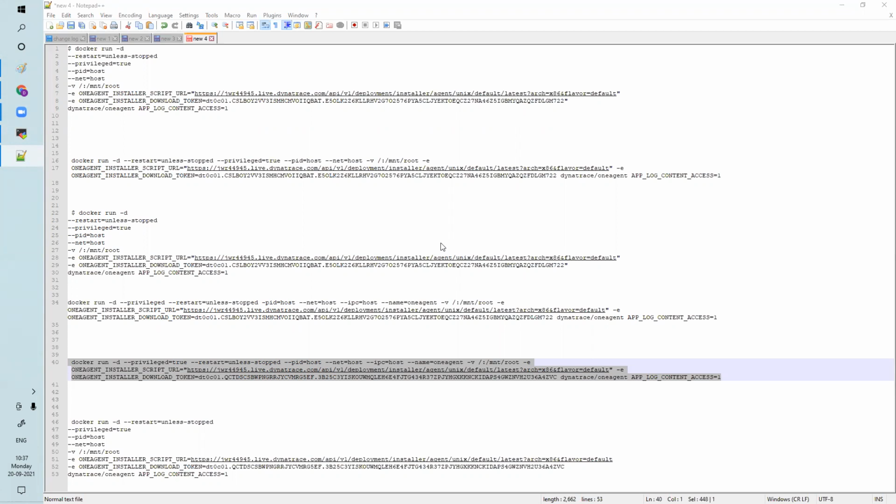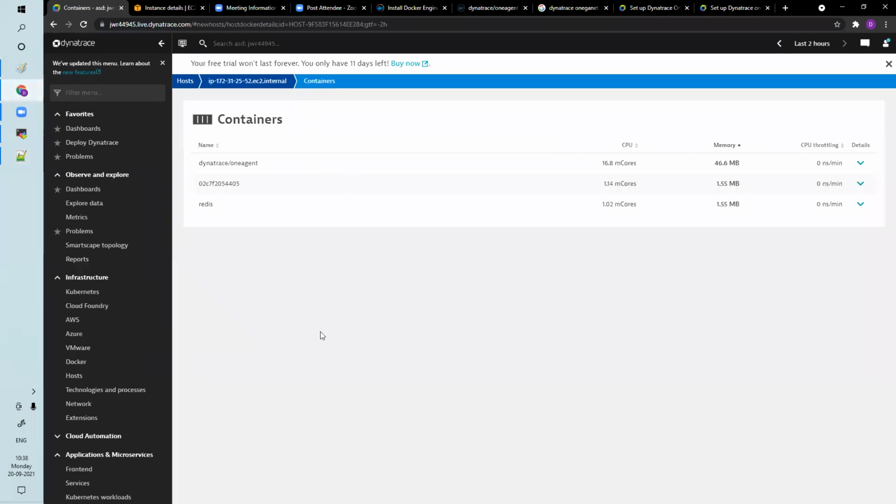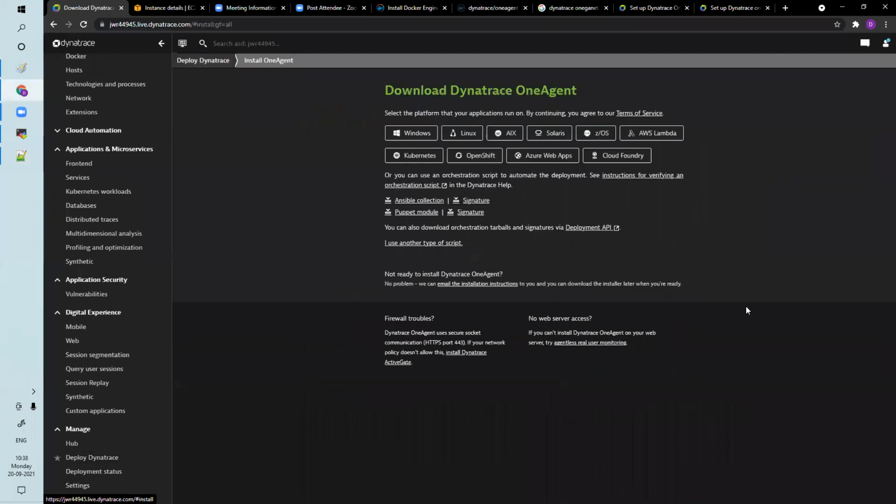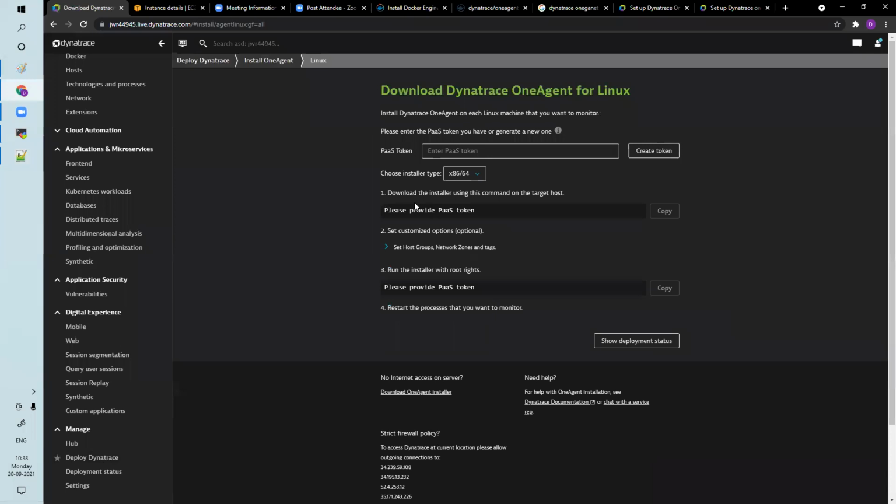You need to change this URL and the API token. You get the API token here, under deploy Dynatrace, start installation. Once you give that PaaS token, the API token will come here. Take that token, replace it, and run it. That's it. Nothing else you need to do.